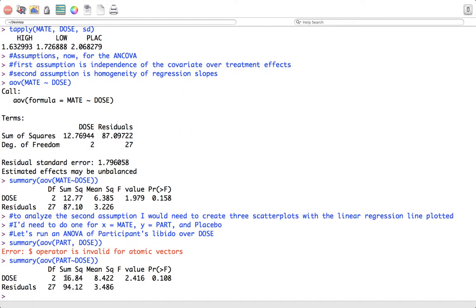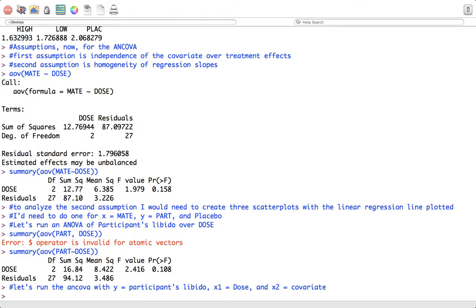So, guys, shall we run an ANCOVA? Let's run the ANCOVA with y equal to the participant's libido, X1, as I'll call it, is the dose, and X2, as I'll call it, equals the covariate. The way we run this, and I'm going to call this model because we're going to be doing stuff with it,